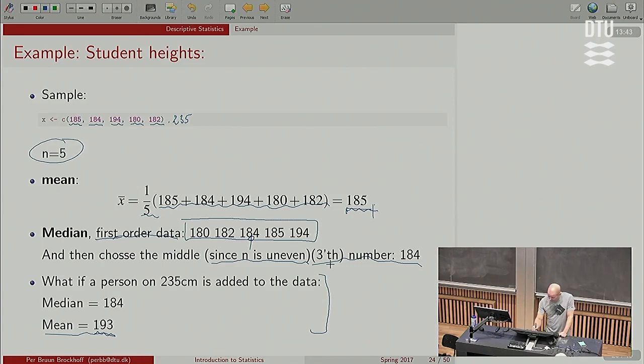What about the median? I should add 235. Then I should take the middle number. Well, the middle number is not there because it's even, right? I have 3 to one side, 3 to the other side. Then the rule I'm going to show you on the next slide is that the median, and that's the typo, would be the average of the 2 middle numbers, like that. But still, the median hardly changed, right? I added in an extreme basket guy, and the median is the same, basically, right?